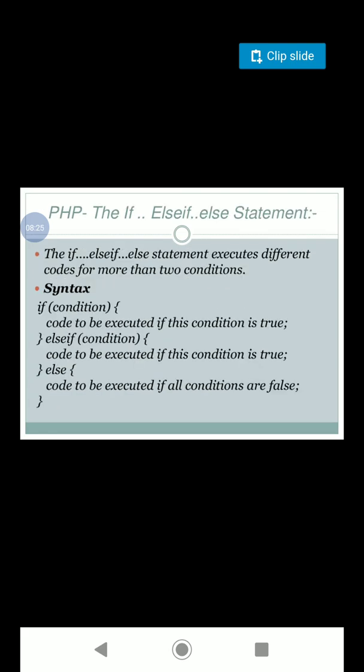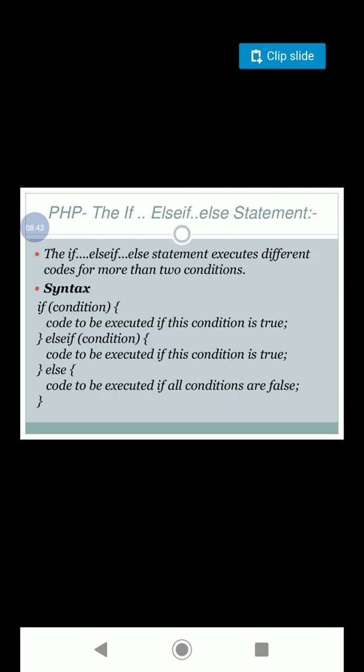Then the if else if statement. Suppose now we test the condition in the if. If it is false, then it tests the condition in the next if. If all the conditions in the else if ladder fail, then the statement in the else block gets executed. So that is what it is doing.